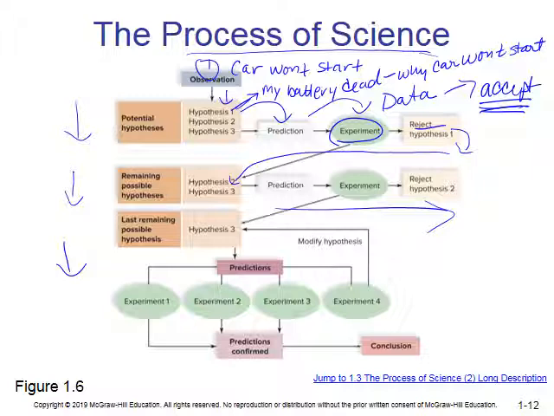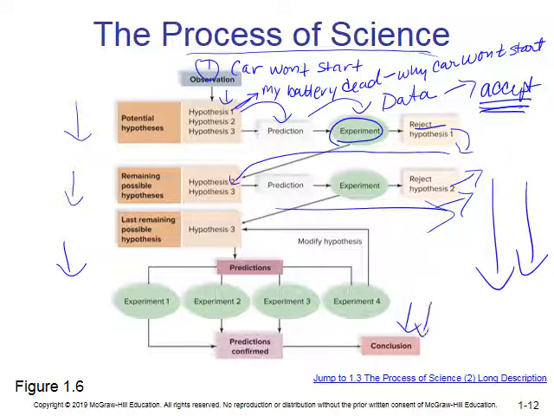So even though this looks really complicated, try to think of another example of something that you've done in your everyday life that is using the process of science. And this process is what I'm talking about when I say that when we come up with a theory, it's not just a guess. It's our best guess based on many, many hypotheses being tested, many, many experiments being run, and us coming up with a conclusion based on all of this information.